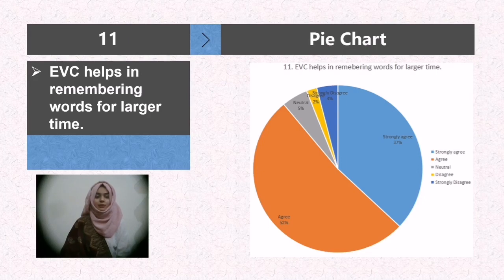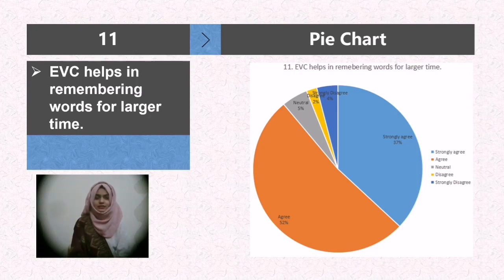EVC helps in remembering words for a larger time. This statement was asked to check the impact of EVC on the cognition of students. The answer to this question helped in analyzing the visual impact of vocabulary learning through EVC. That is the visual impact that they get, as it helps in association of meanings for remembering. The responses given